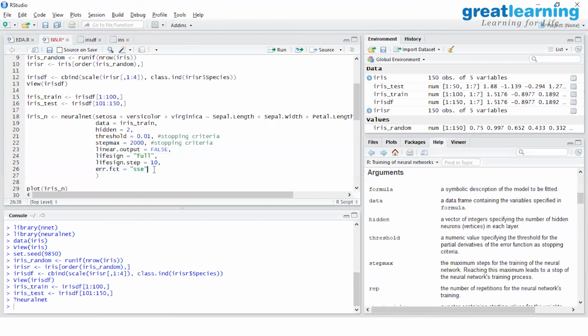error.fct is nothing but telling you how you calculate the error function. Okay, so error function is nothing but the difference of the actual value and the desired value. But how do you calculate it? SSE is sum of squares error, and this is the best you can do with neural networks, because with neural networks you want your error to be positive, so that you're able to do a derivative of it. So the best thing to use is an SSE, which is sum of squares error. So supplying all these parameters, when I run this command,